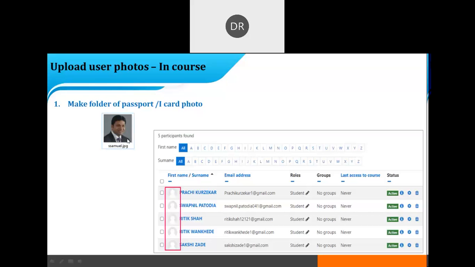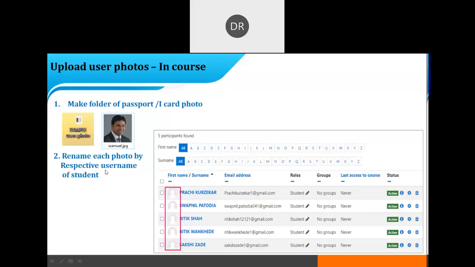For example, this photo, you have to rename with its username. Whatever is the username of the student, you have to rename the photo as its username. So rename each photo by the respective username of the students, so that Moodle can identify the photo of the students. If there are 60 students, then Moodle has to identify the respective photo and student, and should go here only.